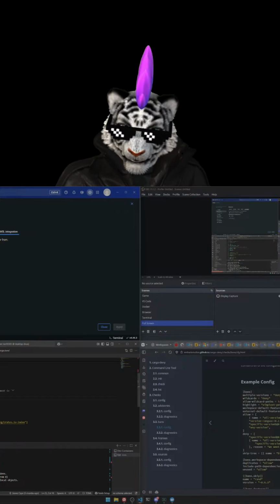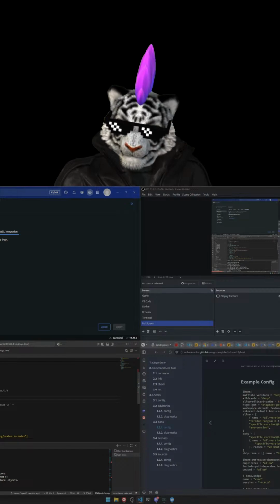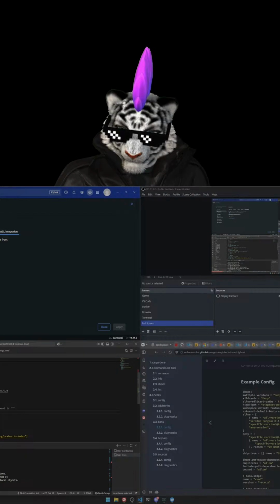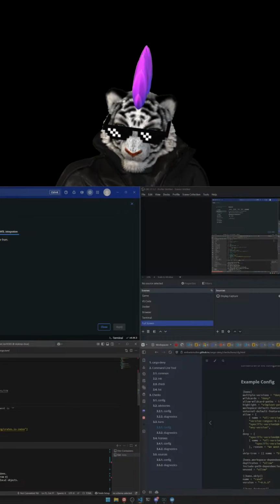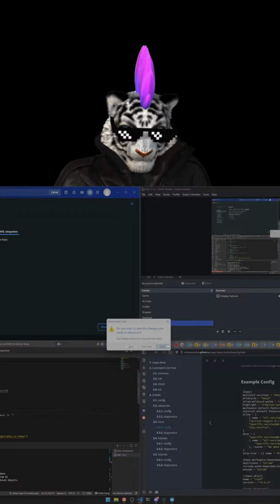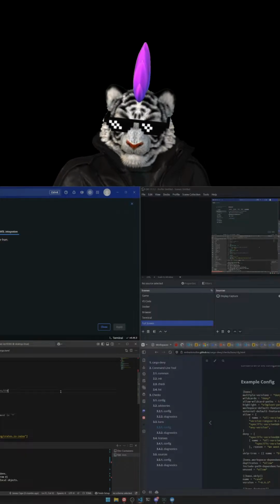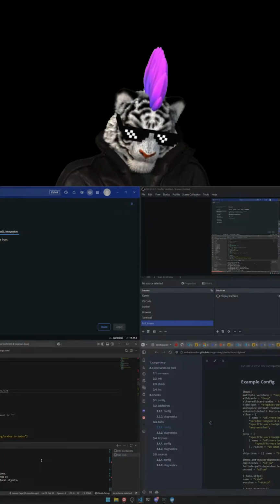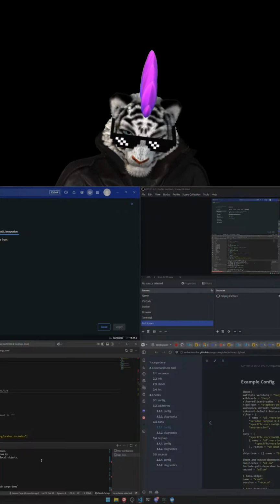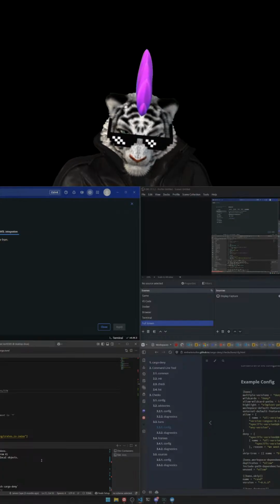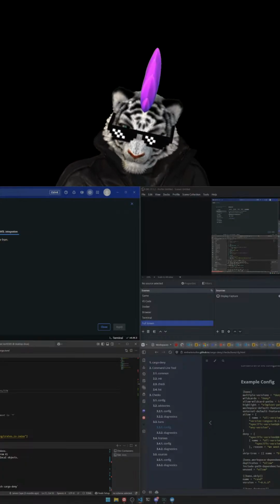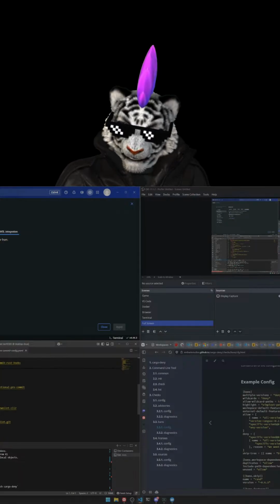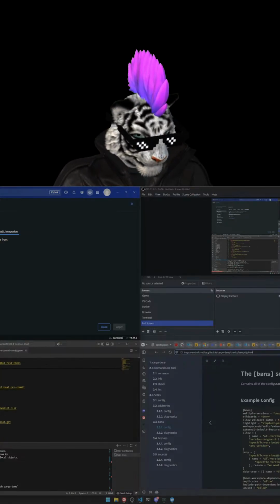No, just sorting this manually. All right. And that's all right. So we need to do cargo deny on